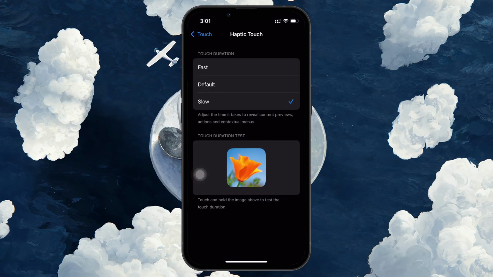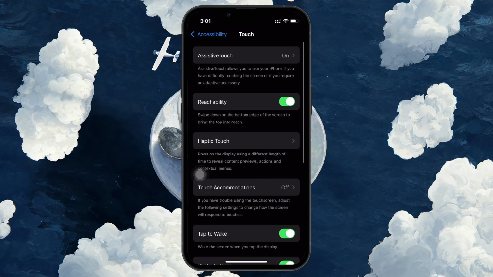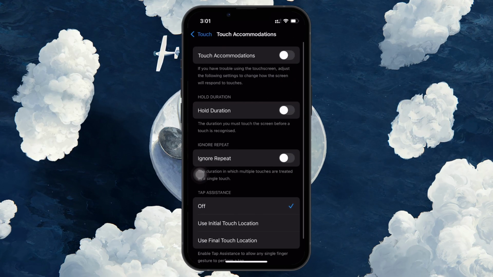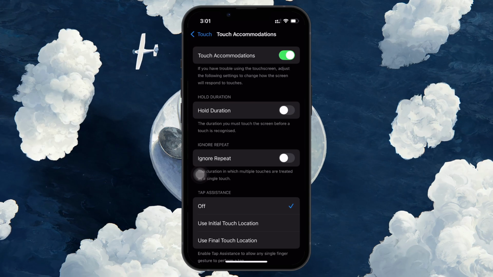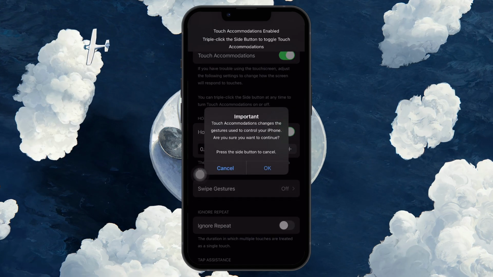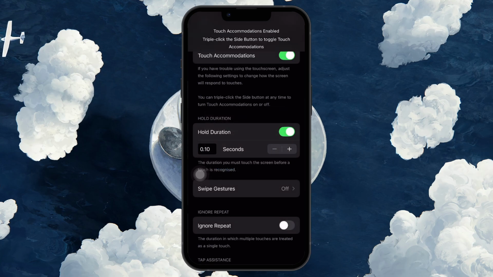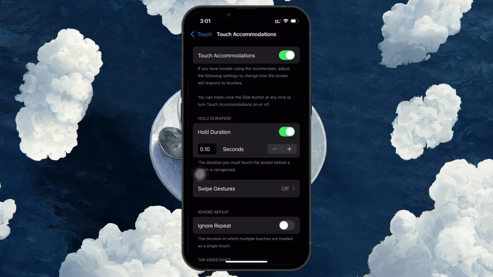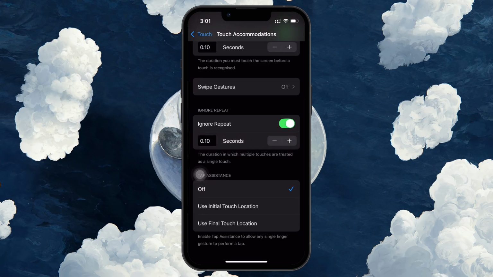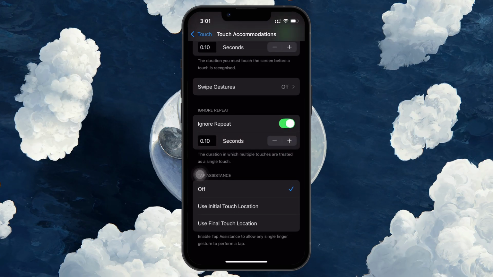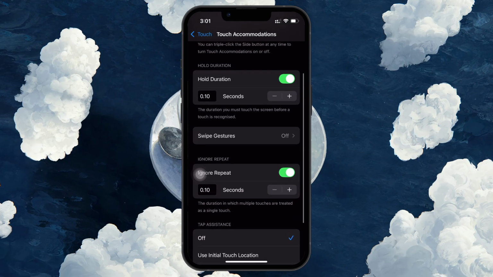Next, go back to the touch settings and tap on Touch Accommodations. If this option is turned on, you can adjust the hold duration, which determines how long you need to touch and hold before the touch is recognized. You can also enable Ignore Repeat to prevent accidental multiple taps from being registered. If you enable this, your iPhone will only count the first tap and ignore any repeated taps within a short